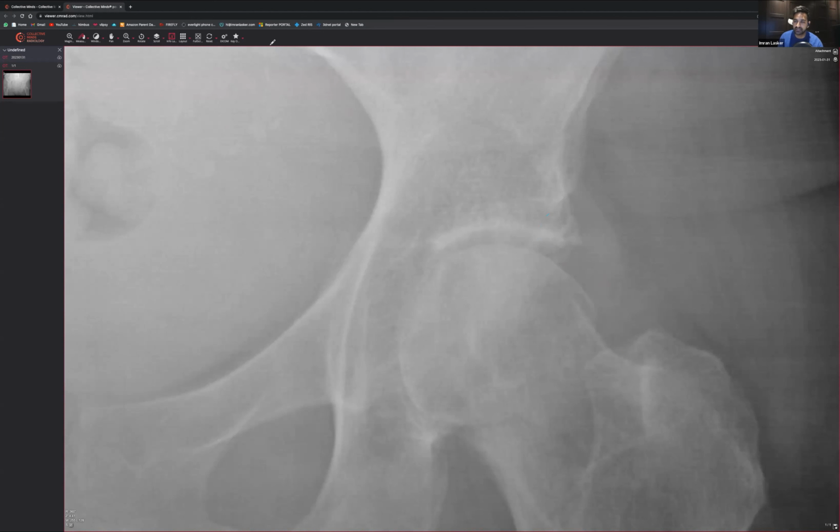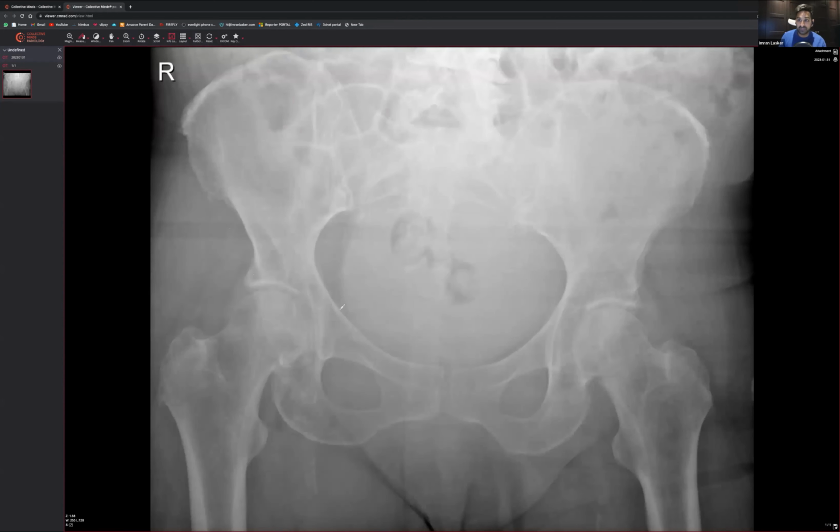I wouldn't bet on there being an avulsion. Now you're saying there is an asymmetry. Yes, there may be an asymmetry. Yeah, 100%. So you could say that I think there could be a fracture. But it's very unusual to get a fracture of just the lip of the acetabulum. It's more common to have more osteoarthritis on one side than the other. So you can get superior lateral margin osteophytosis. Very, very common. You get labral tears as well. So you've got the cartilaginous, jelly-like stuff over here, and you can get tears in the superolateral aspect of the labrum as well. So I wouldn't bank on that being an acute injury.